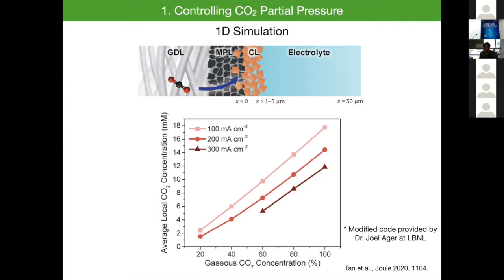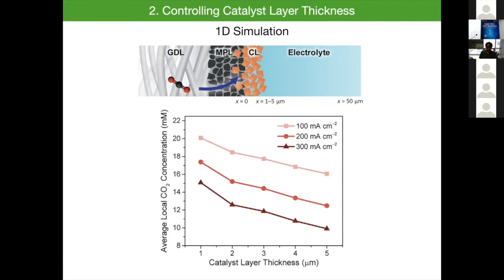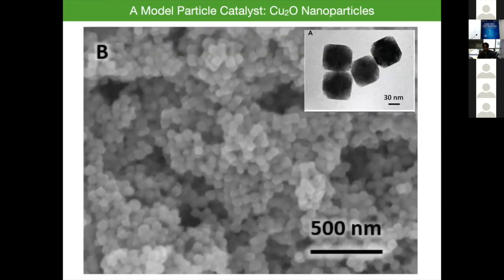When you calculate the local CO2 concentration as a function of the CO2 partial pressure, you can see that obviously you can change the concentration, and you can also do some modeling with different thicknesses, and of course you can modulate the local CO2 concentration as expected. Okay, so in order to verify our idea again,